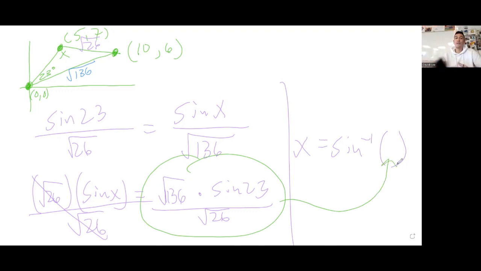So while you're copying, I'll finish this up for us, so we can have our notes here completed. So sine inverse of square root 136 times the sine of 23, and underneath we have square root of 26. Okay, we're in degrees. So sine inverse says 63.3 degrees. So x is about